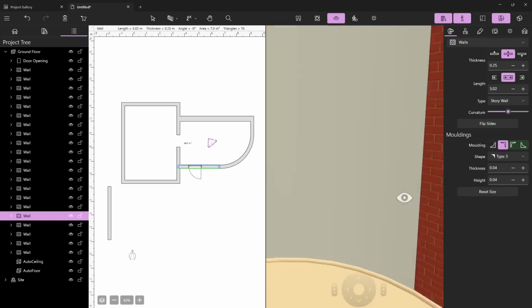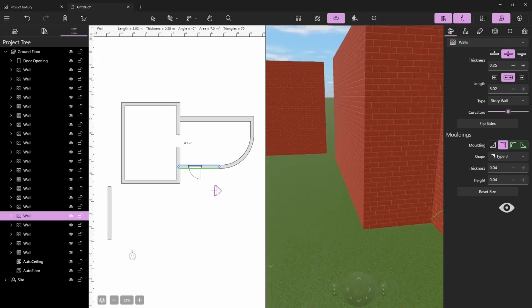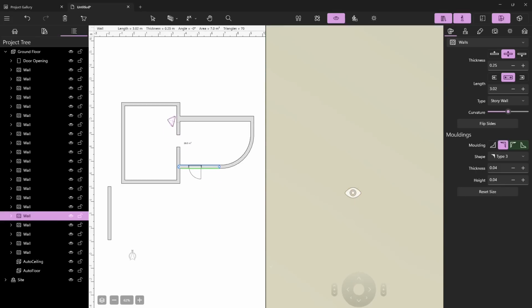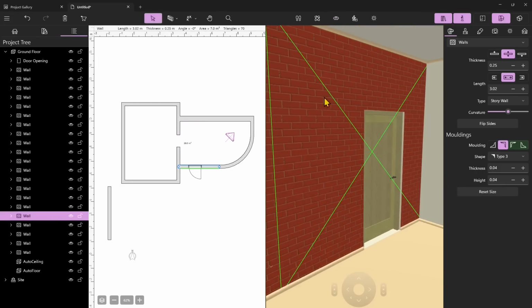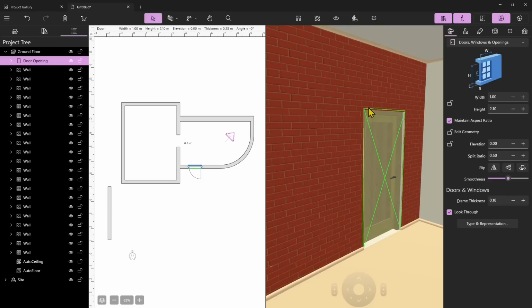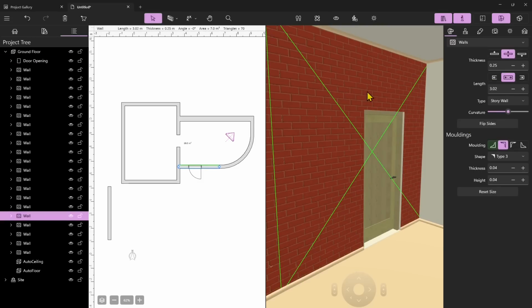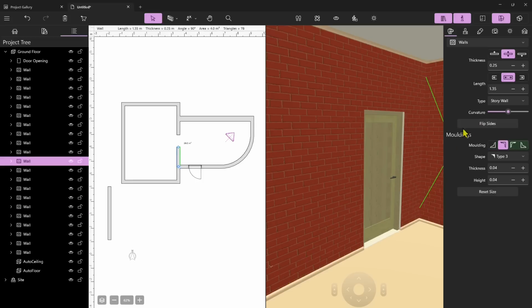And then if I also flip this, you see. So you can select a side and flip that side. Let me try with this other one, flip. Okay, you can see it has flipped. Well, anyway,